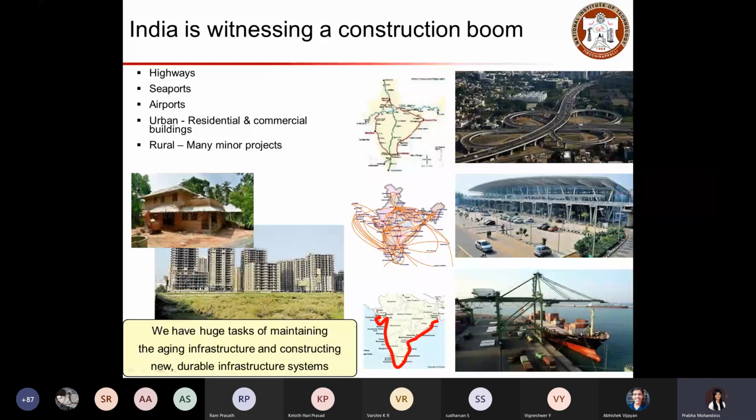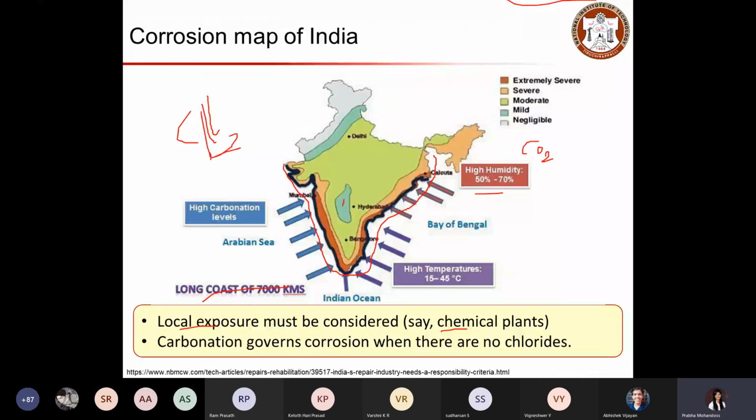So you can see this as a corrosion map of India. Here you can see the different categories, where you have negligible corrosion condition and where you have mild corrosion condition. Here, this gray indicates the negligible corrosion condition, because those regions are not as exposed as the bottom one shown here.